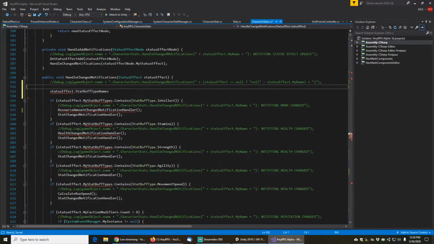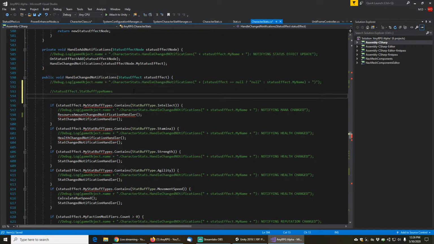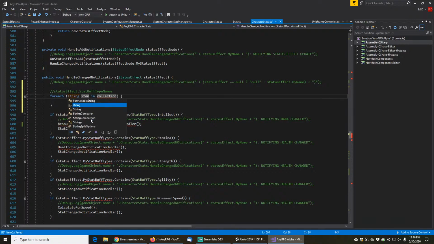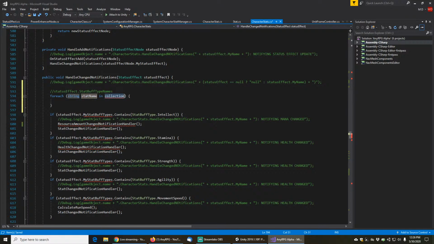Wow, that was a really neat autocomplete there. Okay, let's just make a comment there so the system doesn't do weird things. Okay, so now we're going to foreach string stat name in status effect dot stat buff type names. So now we have a stat name. And